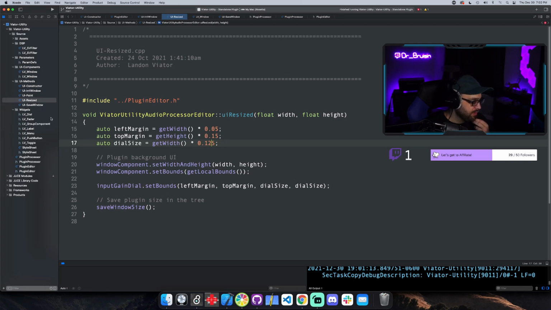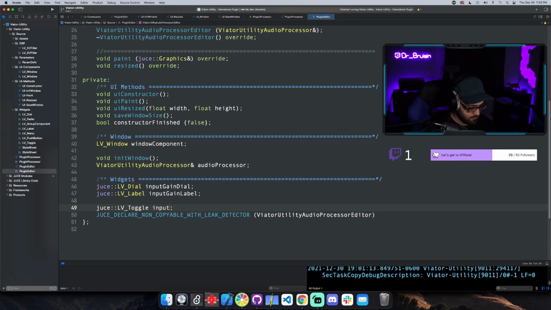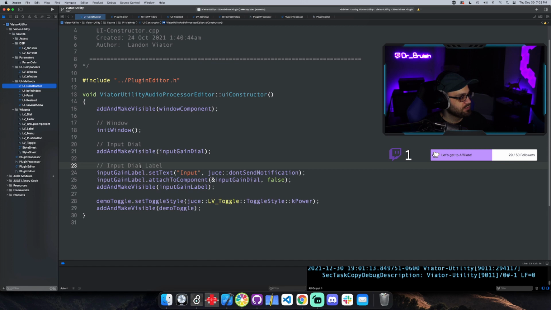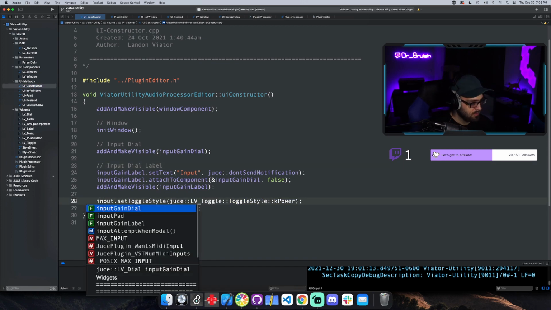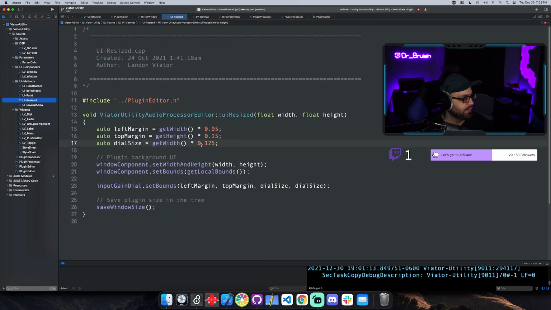could that be a power button? I think it could. Let's do this. This is gonna be input pad, and then what we'll say is UI constructor input pad power input pad. Where are we gonna put it? We are gonna put it